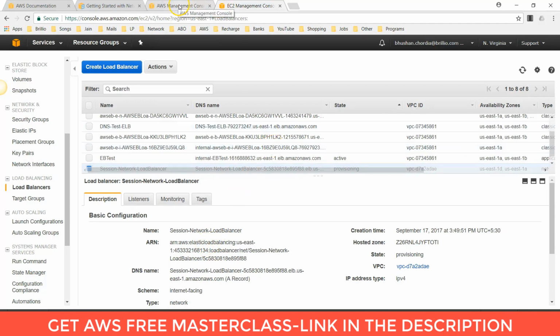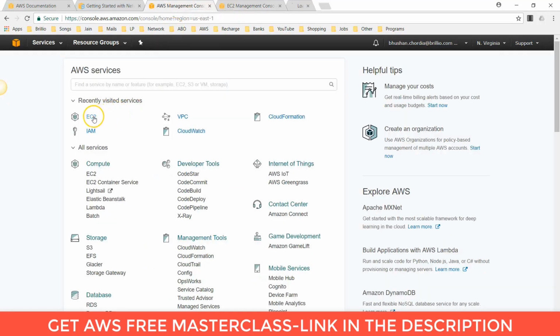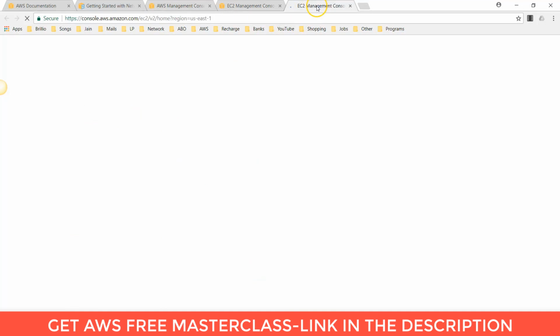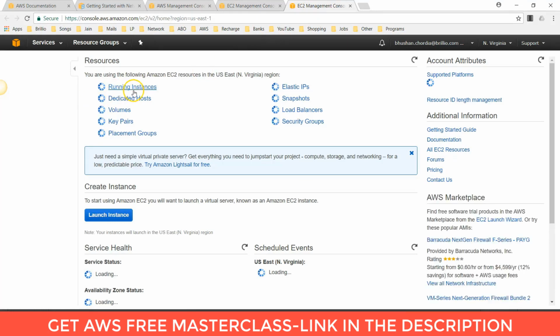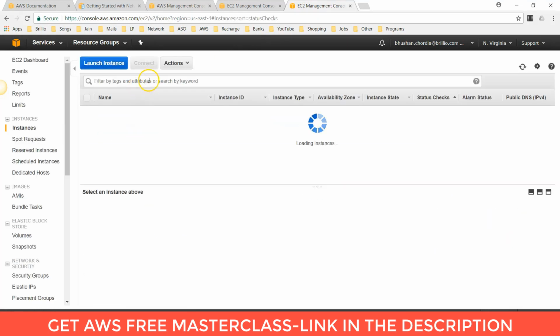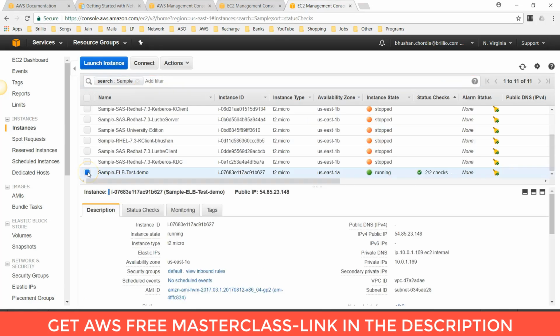Now go to the EC2. Click on running instance. So this instance is registered in our target group for the network load balancer. We can connect to the instance using an SSH client.